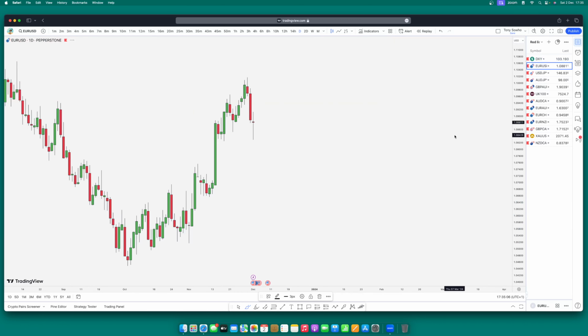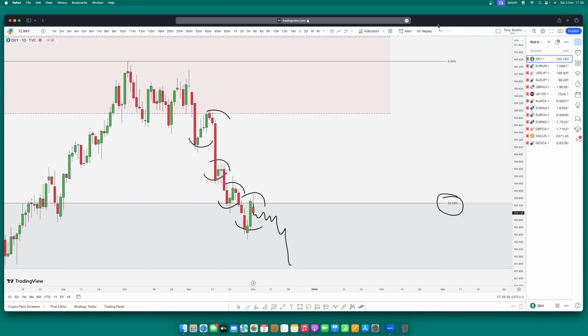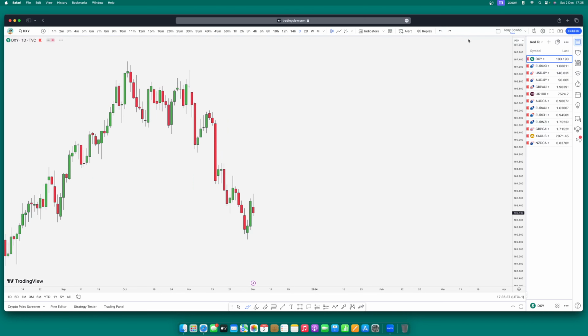But now EU, we can see we have this liquidity here. So if the institutions are going to aim for this liquidity, come into this imbalance, just like the DDF, we had equal highs in this area, and then it came into this imbalance. And I remember telling you guys EU was going to buy, and we had a really big pump day. So for EU now, based on these equal lows, this liquidity here now, we could be saying that, okay, dollar index most likely will go down, or will go up rather